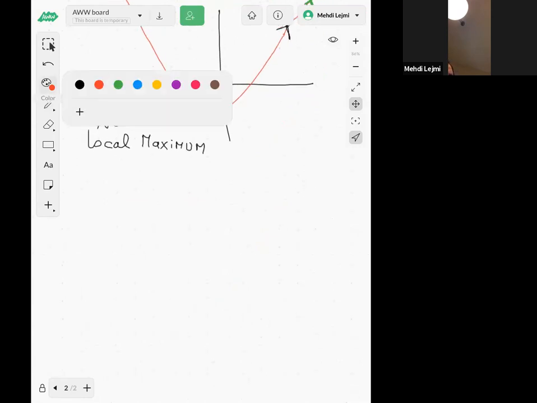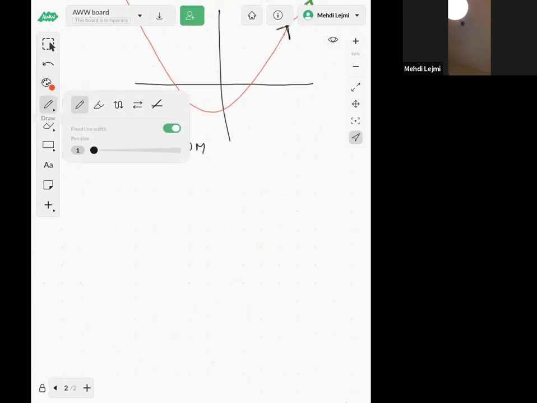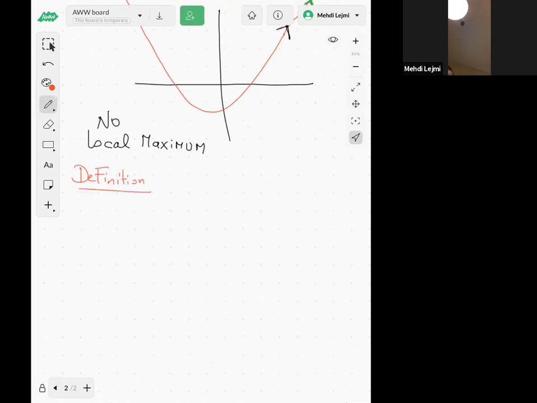So let me just write down for you first the definition for local minimum, and then we can discuss some examples. All right, so for local minimum, it's just the other way, of course. So f of x has a local minimum